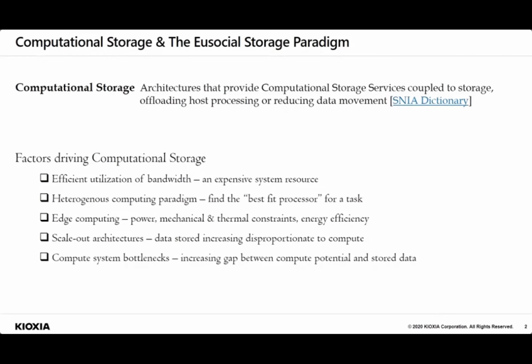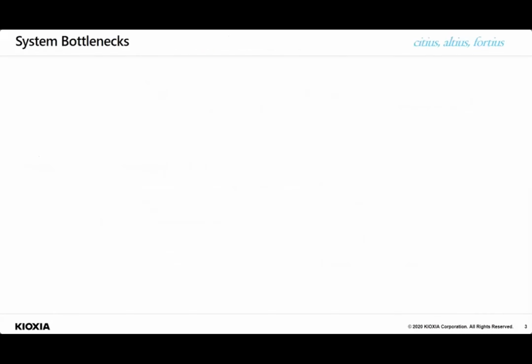Finally, there are physical limitations as to how fast the data can travel from the storage device to CPU cores. And this gap can only be solved by innovating in the physics of storage media or reducing the overhead of accessing the storage. I will be walking you through some of the exciting industry activities related to the last two items shown in the list. Let's first look at the system bottlenecks.